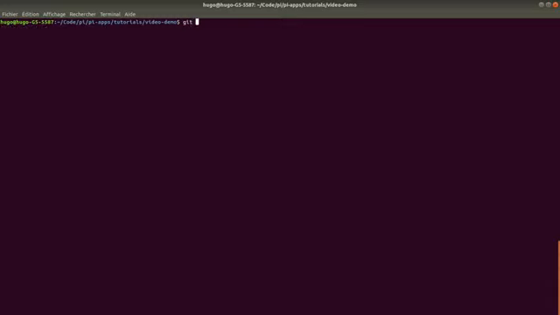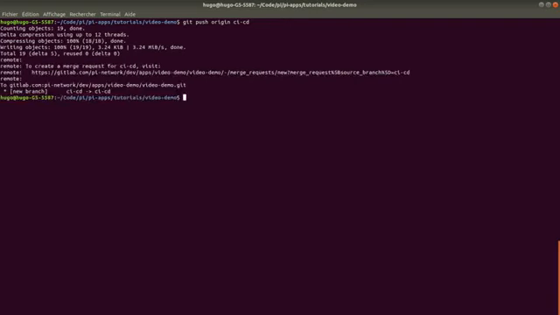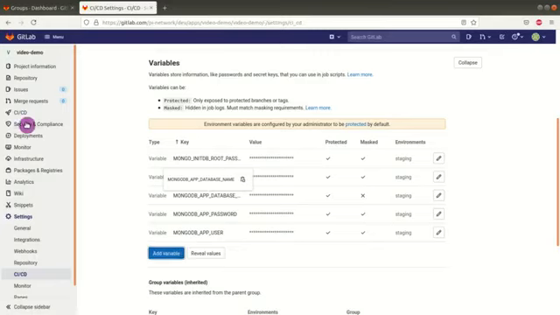Now we can push the code on our CI/CD branch. Then we can go on the GitLab interface here,